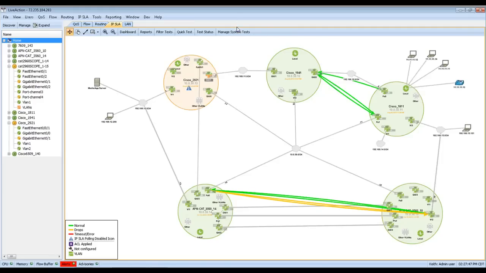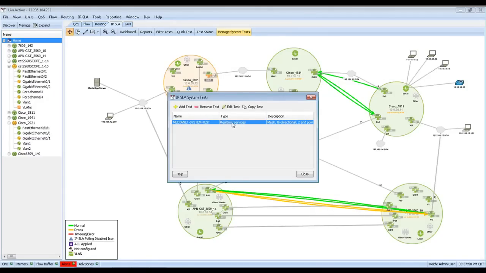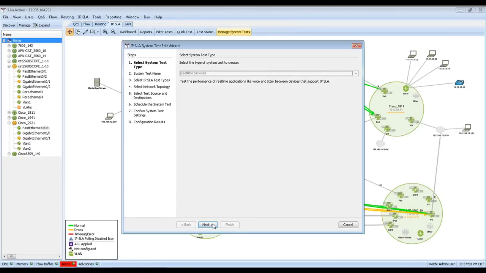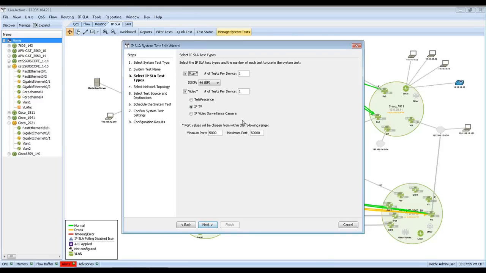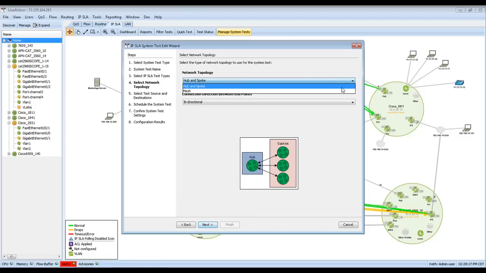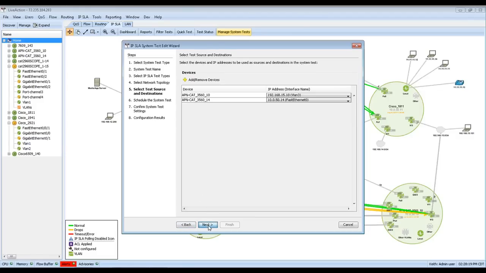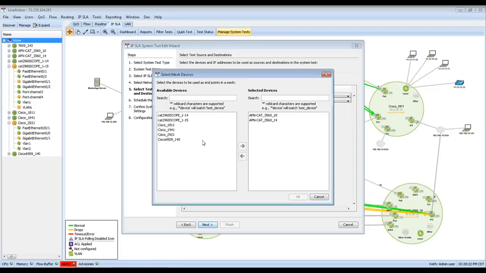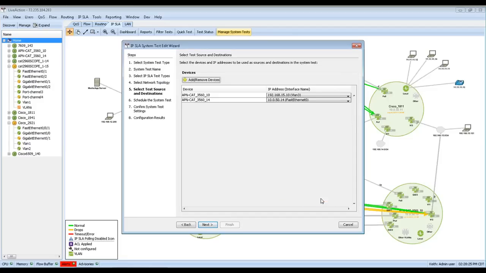We've made it easier. The engineers have been hard at work to make it easy to take advantage of this technology. And look right here. We simply select the jitter test, the DSCP we're going to run on, what type of video traffic we're going to run, the number of video streams we want to simulate, and the port numbers. From there, we choose, do you want to run this test in a mesh environment or hub and spoke environment, because you can test multiple links simultaneously to establish the breakpoint in your network. Next, you simply add the devices, drag over the ones that you want to participate in the test and their interfaces, and from there,